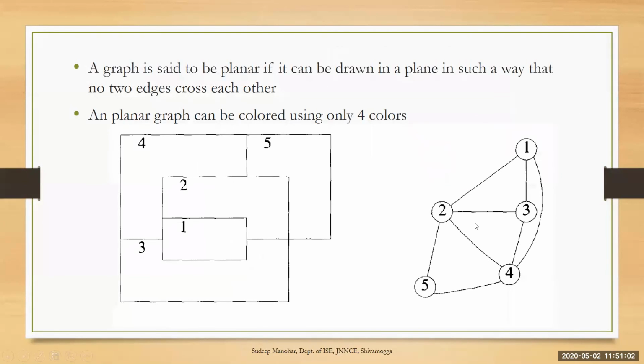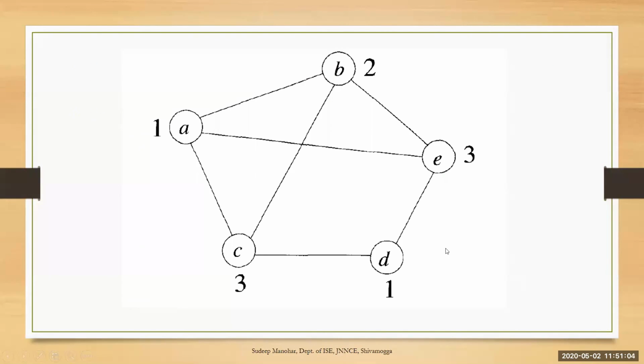One more thing is they will come to know the maximum number of colors needed. For example, if they take the entire country, how many colors are needed so that no two adjacent cities have the same color. They will come to know based on this graph coloring, and based on that graph coloring, they will send that product to the corresponding city.